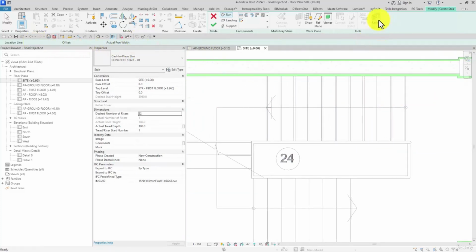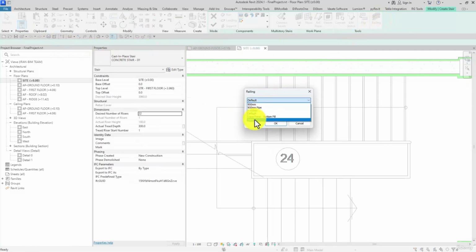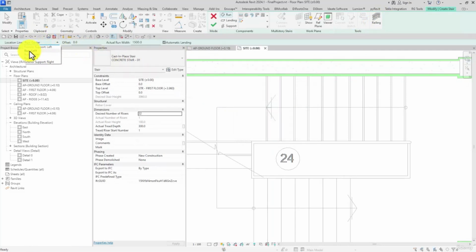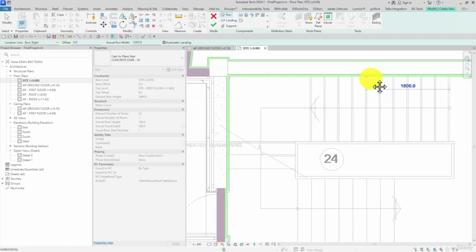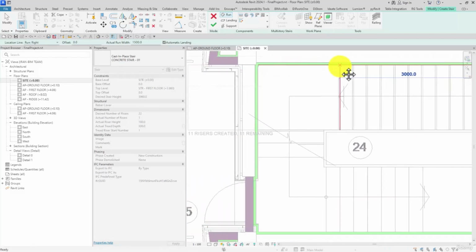Then for the location line, I don't want a railing, so I set it to none. We'll talk about railings later. I set the location line to run right. Then I click on this part. As you can see, it is overlapping on the patterns. I draw